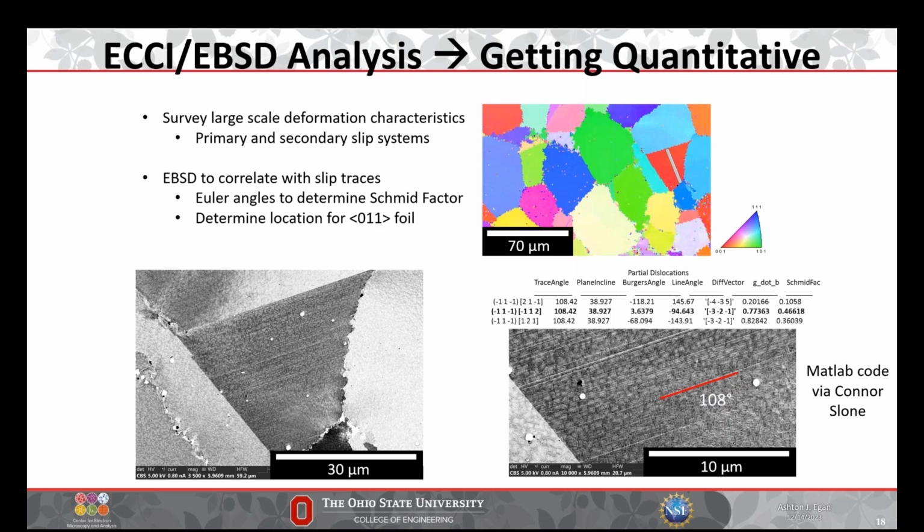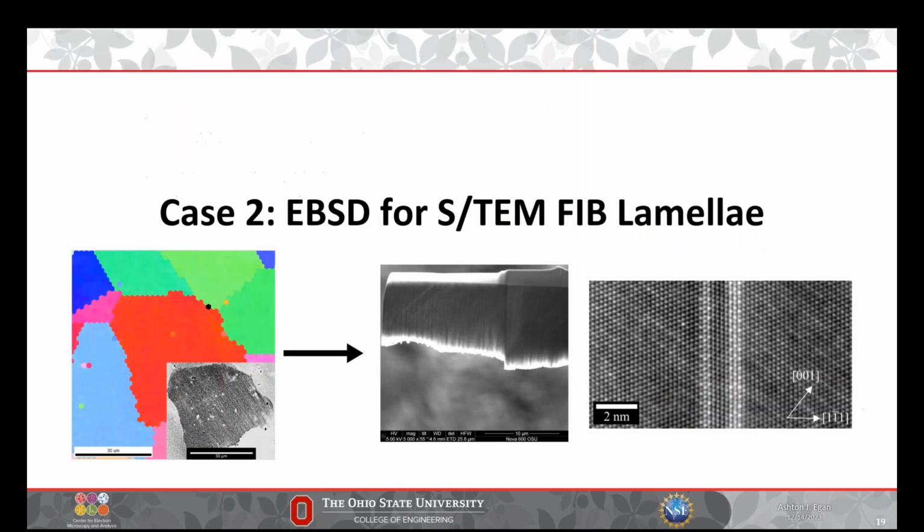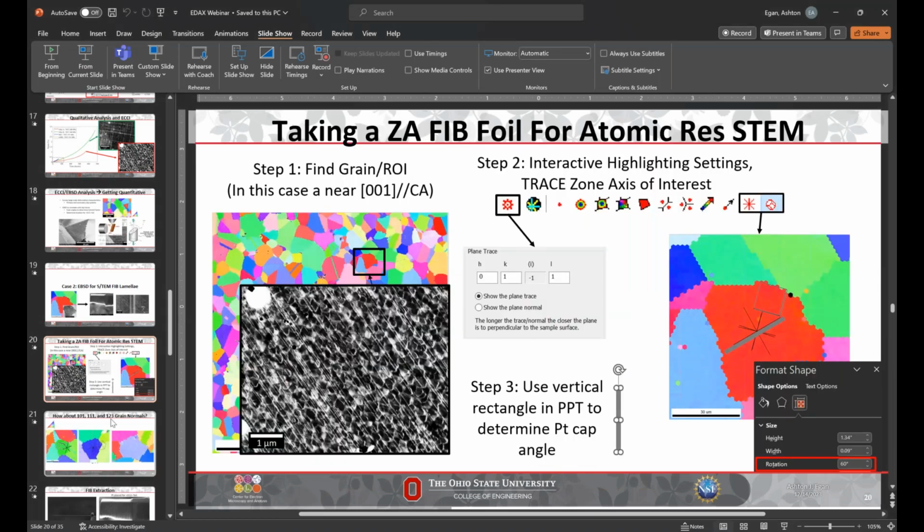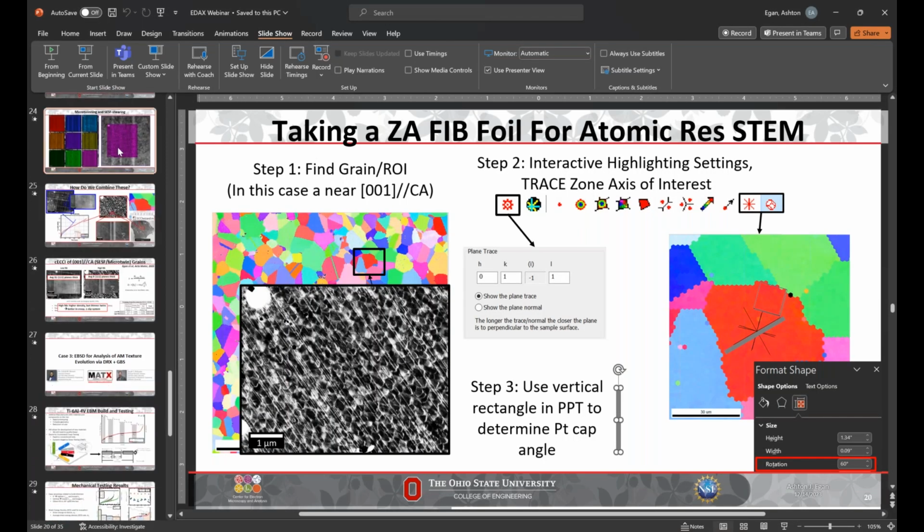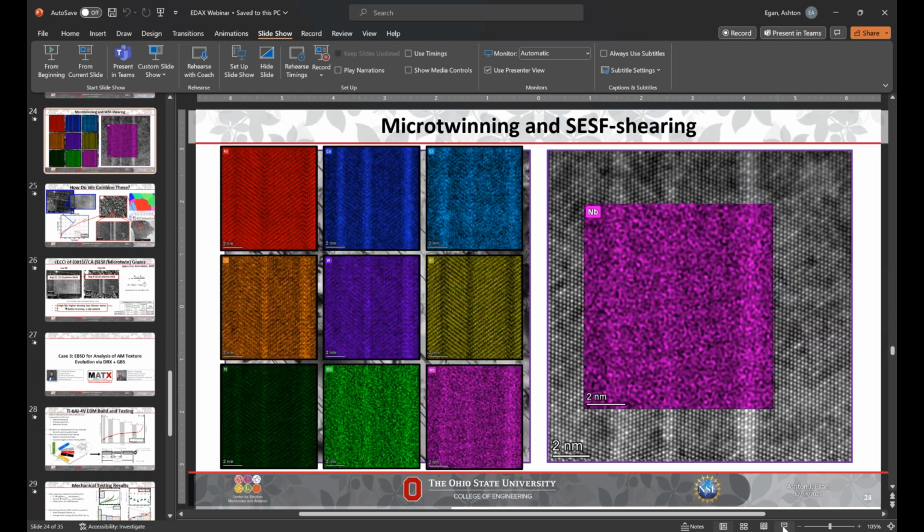That's probably unlikely given the size of them, right? So even the twins are pretty thin in these materials, and an SESF is only a few layers. I think I have a picture of an SESF just for reference here. Here we go. Yeah, so if you look at an SESF,